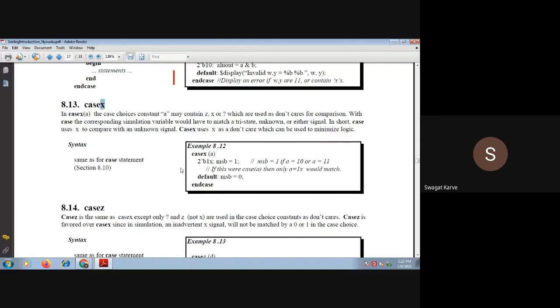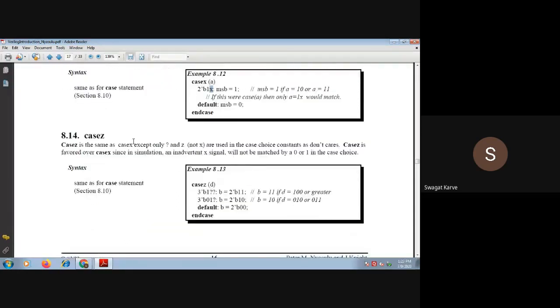So the example is here, case X A. That means you have used this unknown mark. That means this A variable is in the unknown case. Its value you don't know. This case X means case unknown, and its variable is A. That indicates this A variable has an unknown value. Now you can write the statement in front of that, for example 2-bit 1, X. That means this X is unknown, that we have to find. This MSB is equal to 1, but this LSB, that means X, is unknown.